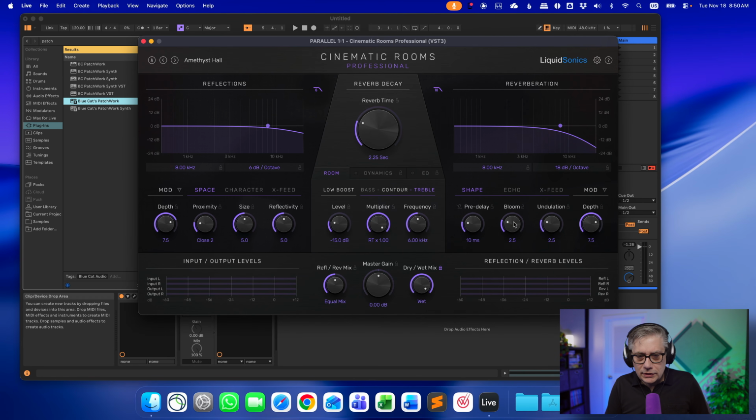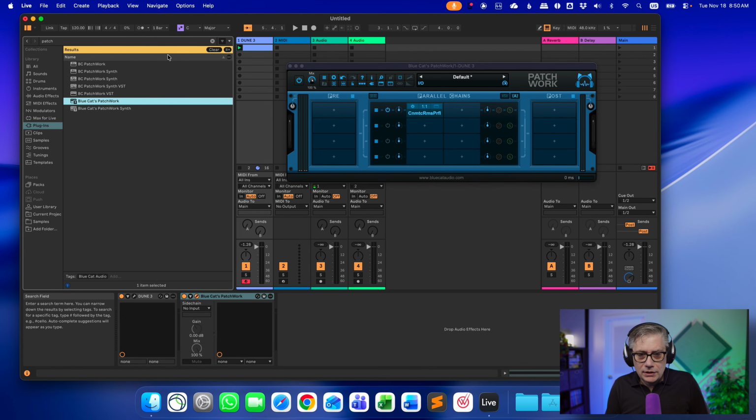As soon as I've loaded it in, it comes up with the user interface. And in the user interface, we see that it is currently identified as a stereo plugin, obviously, because we have not yet changed anything in the routing within Patchwork. And it sits on a stereo bus or in a stereo track in Ableton, which is a stereo DAW. So this is perfectly fine. But what we want to do is actually turn that into a 16-channel plugin within Ableton.